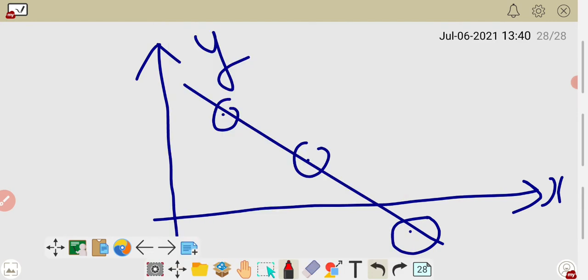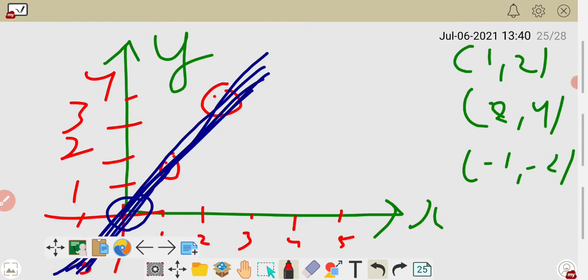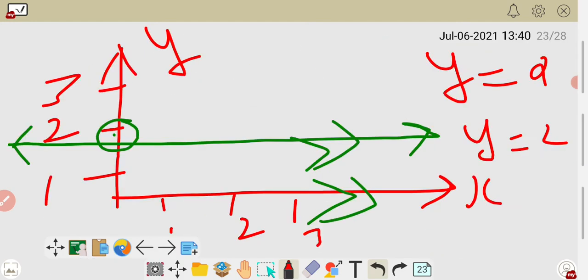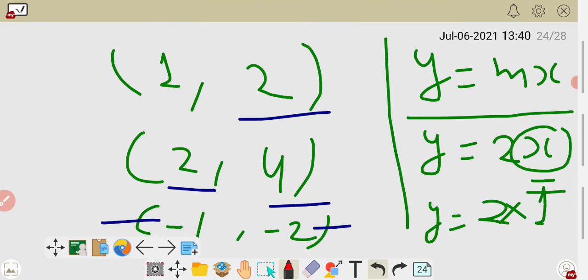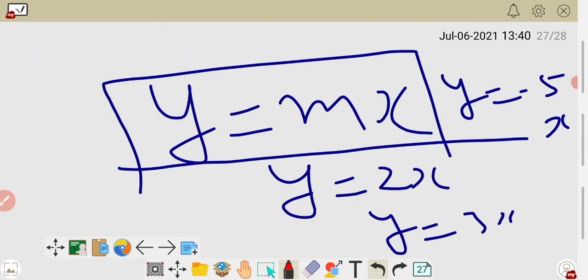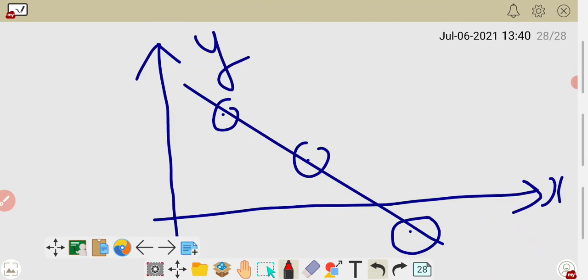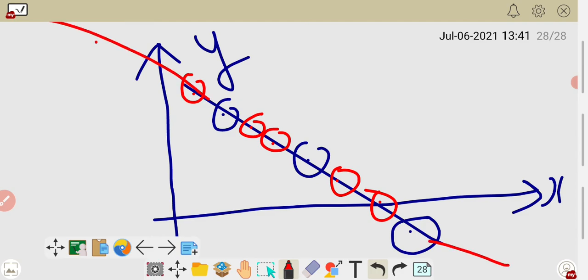Now these 3 points you have to find by your calculation, as I showed you here. We find 3 points by our calculation and then plot the graph. If we want, we can find more also. So they are saying that if you have one straight line, or one graph of a linear equation in two variables, and you take some other point on the same line, it is also known as a solution of the given equation. So you can extend this side and take as many points as you want. They all are also known as solutions of the given equation.